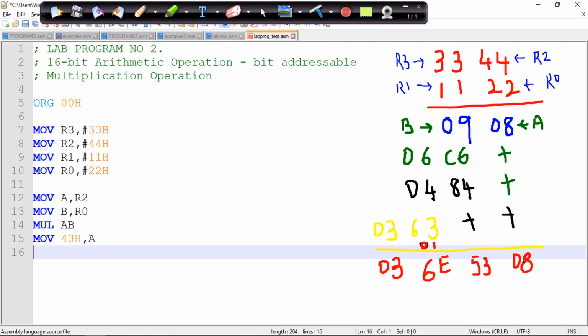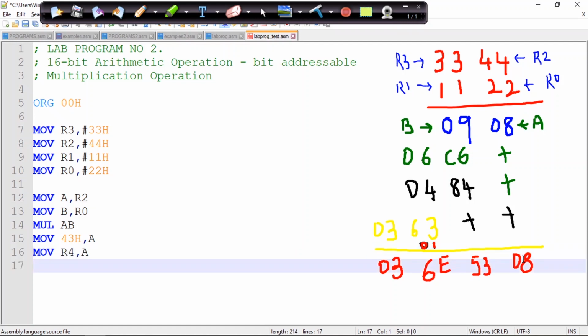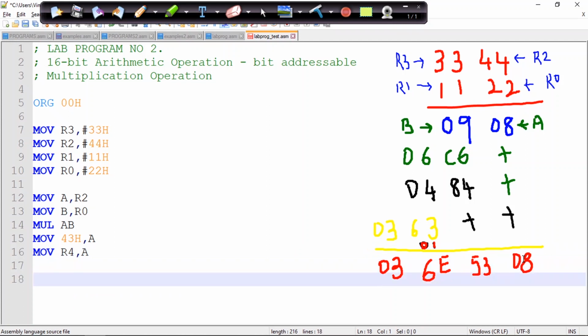So I'll keep it safe in register R4. This set of instructions, from line number 12 to line number 16, completes 4 4 into 2 2.